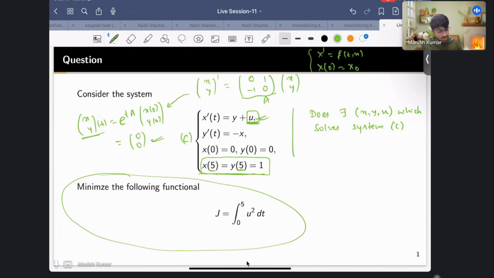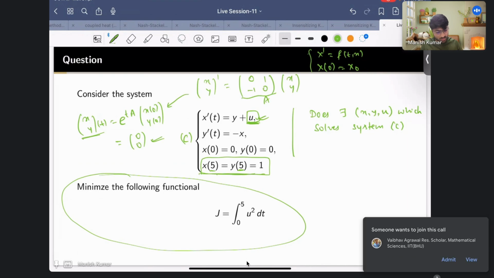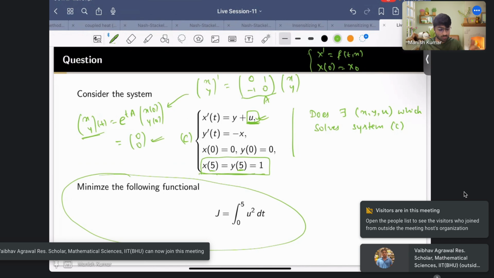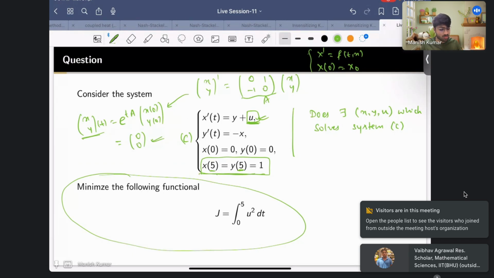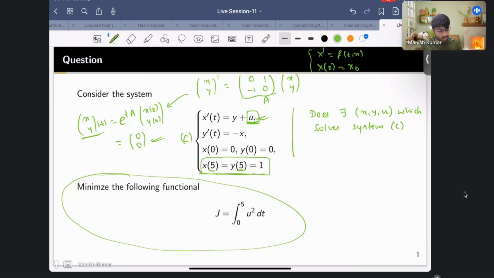The question is, does there exist this kind of triplet x, y, u? And the answer is yes. Forget about this terminal condition, which is a specific terminal condition. We know that this system, if you write it in matrix form, is nothing but (x, y)' equals